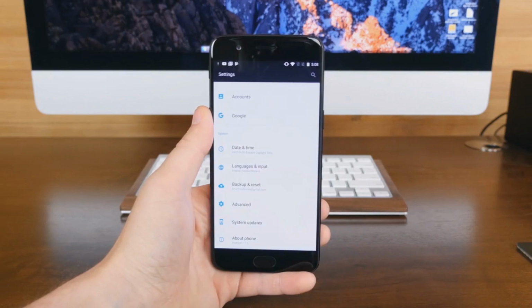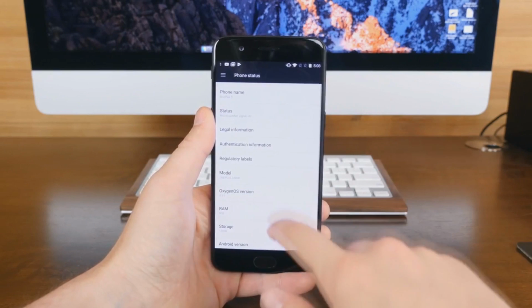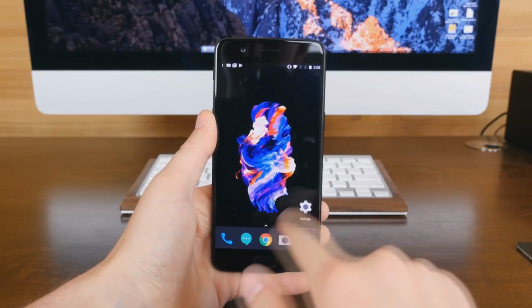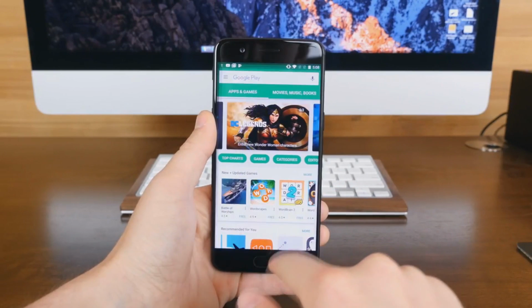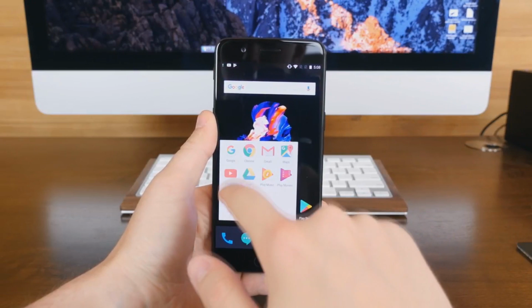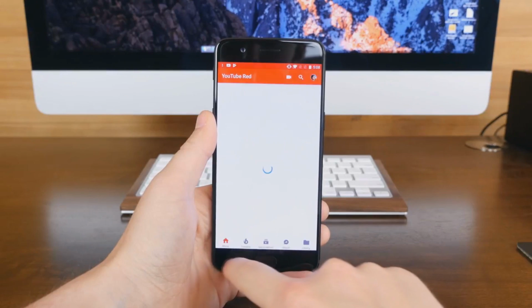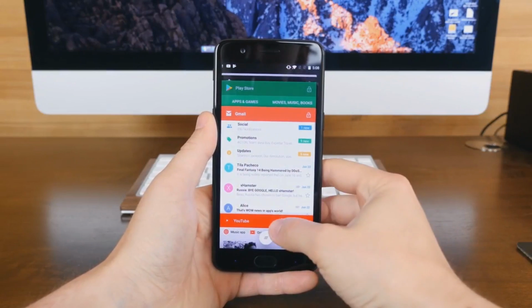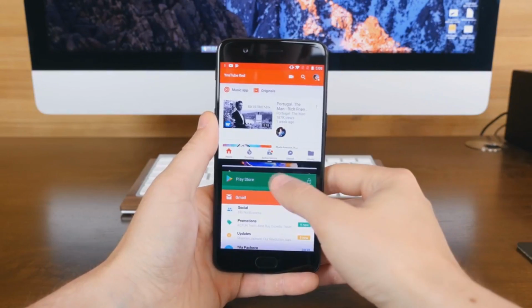So as for performance, I can't really comment too much on it this early in the review process, but I'll repeat what I said earlier. The phone comes equipped with either 6 or 8GB of RAM, with either 64 or 128GB of internal storage, and a Snapdragon 835 CPU. OnePlus phones have always performed well for me over the years, and this phone appears